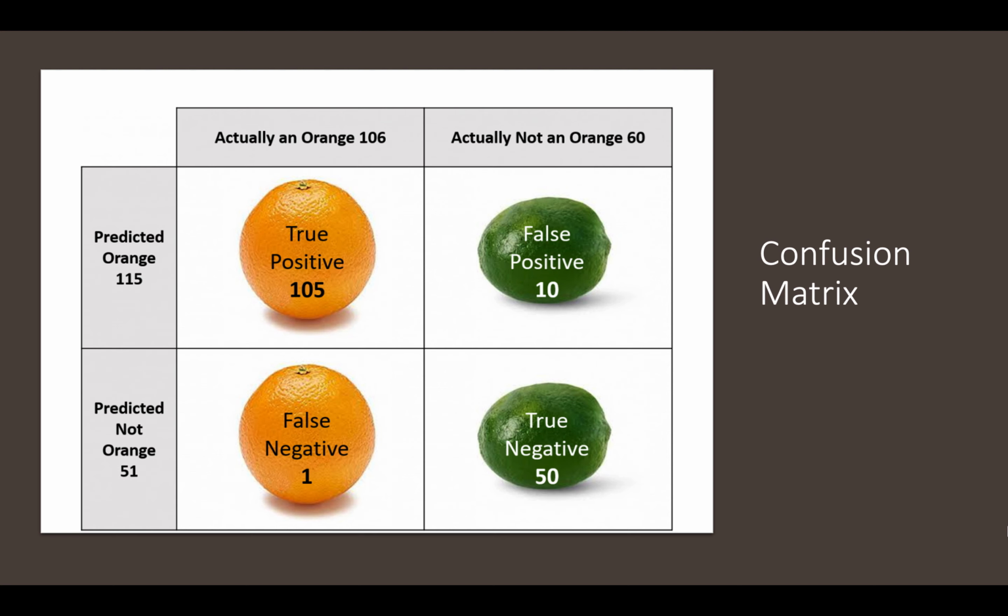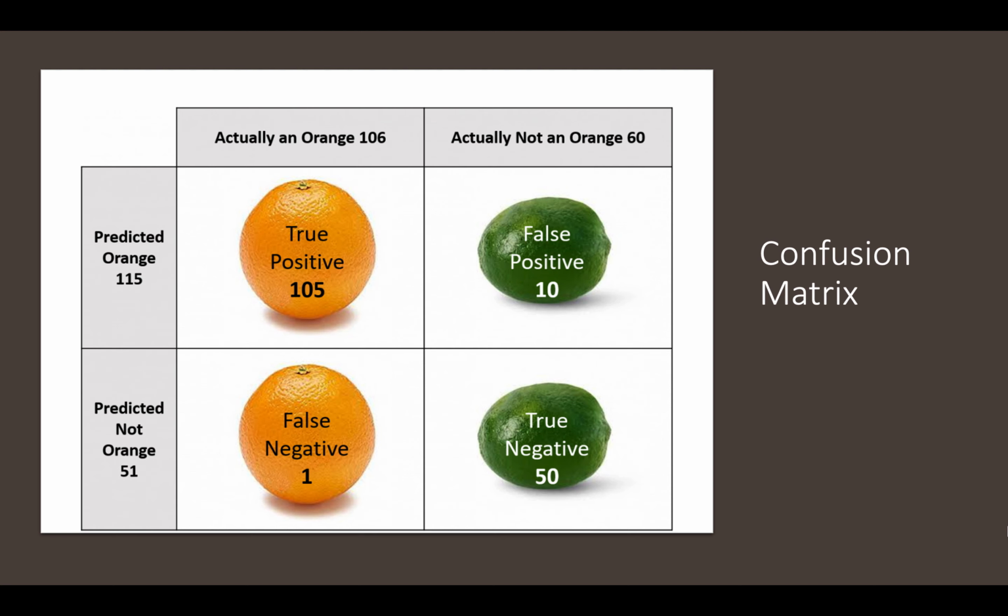In binary classification problems, like what you see here, we have two classes, and let's say the model predicts orange and not orange. The confusion matrix in this example says that 105 examples that actually were orange were also predicted correctly,